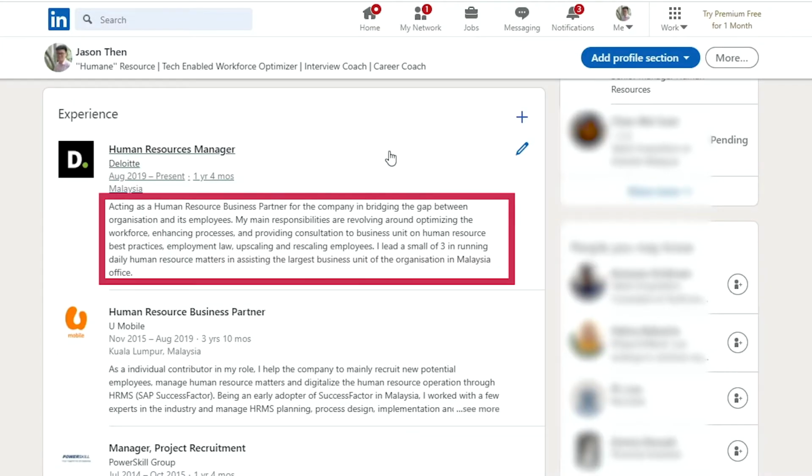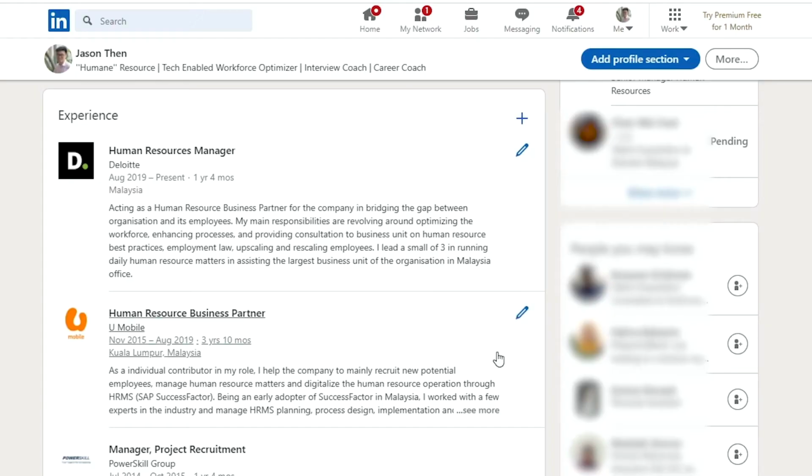For the job description or the bottom part here, if you're lazy or want to be quick, you can just copy paste your job description here. I would suggest you write a summary of the role in the job, not more than a 4-liner, because if you notice here, as an example, it only appears 4 lines here. You need to click see more to actually see it.